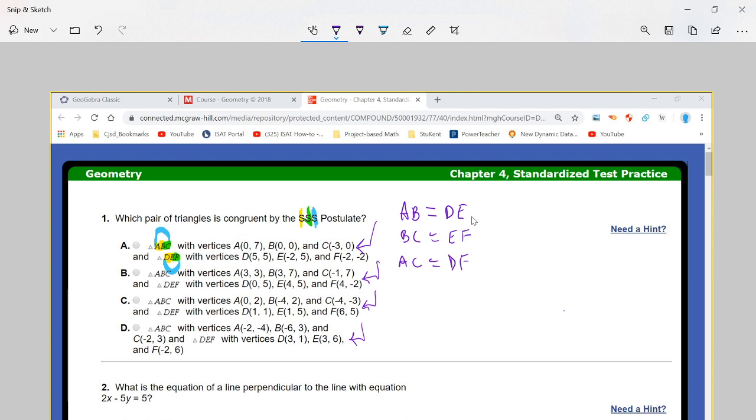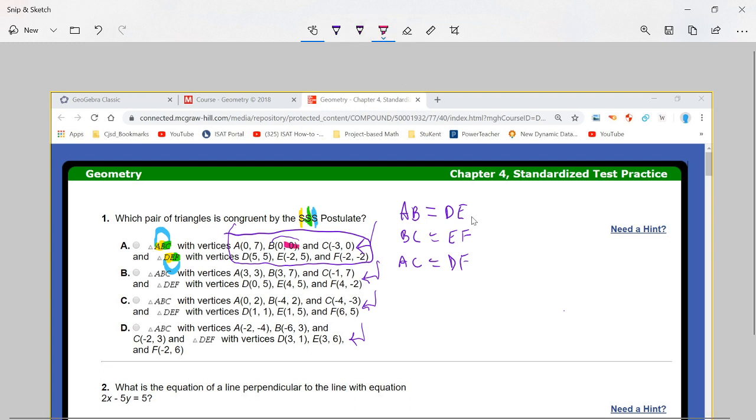I don't prefer this. I'm going to check this guy, and I'll tell you why I'm going to check this one. Okay? I don't want to do all of them, but what I like about this one is, at least, what do I see here? In fact, let me get my highlighter here and highlight this right here for you. This point was chosen very wisely, and same with this one, and same with that one, because it's at the origin. It's at the origin, and this point right here is on the x-axis 3 units to the left, and this point is on the y-axis 7 units up from that